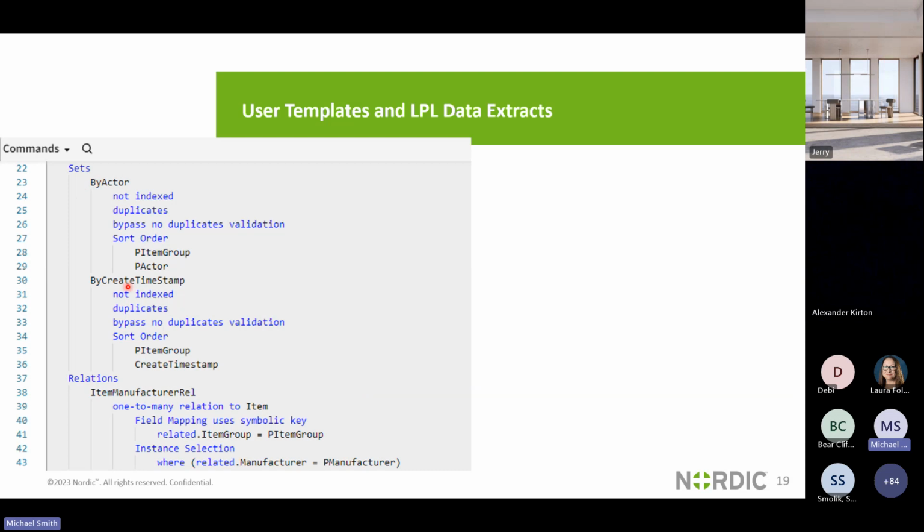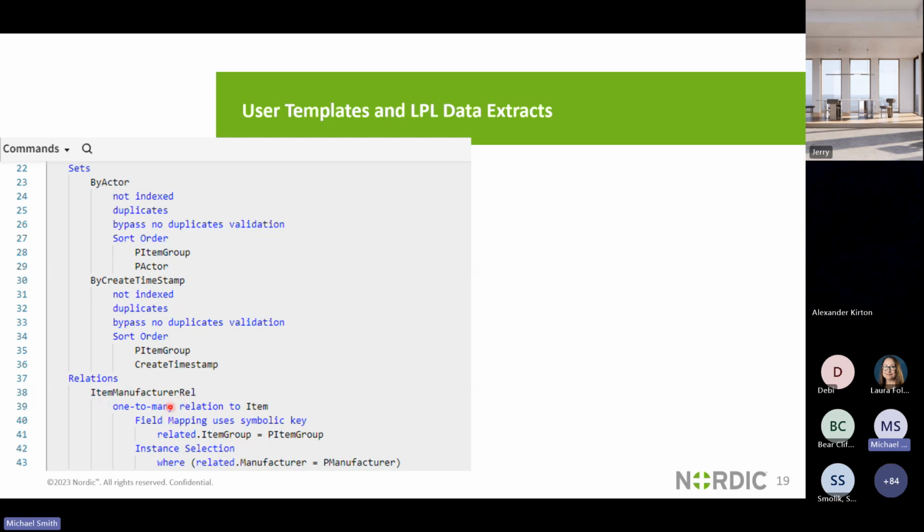So next, I have a couple sets here. They're really just for the list view in the business class so I can sort easily. I was getting annoyed because I couldn't sort by timestamp, so I added these in. They're not doing anything fancy. It's really just for the sorting on the list view. But then the real logic, as far as the selection of the items, in this case, we're looking at items,